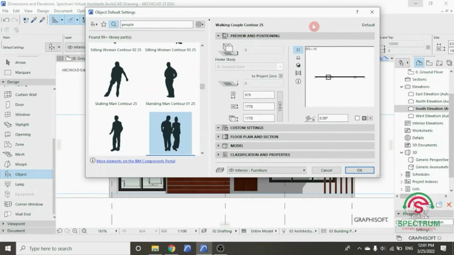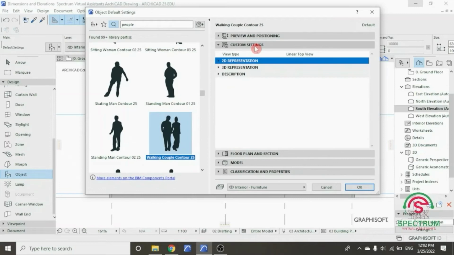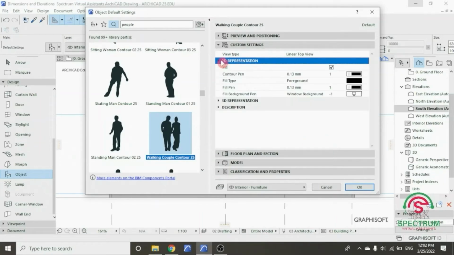Now let's enter settings. Under preview and positioning setting, this is the width, the length, and the height of this object. Under custom settings, click on 2D representation,